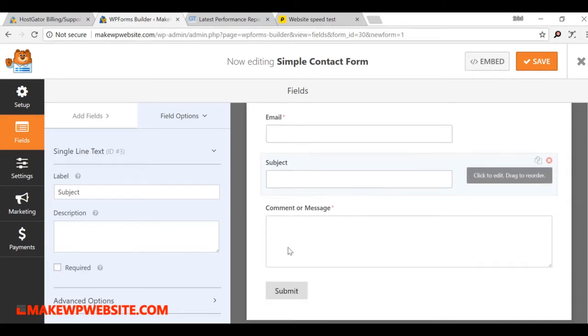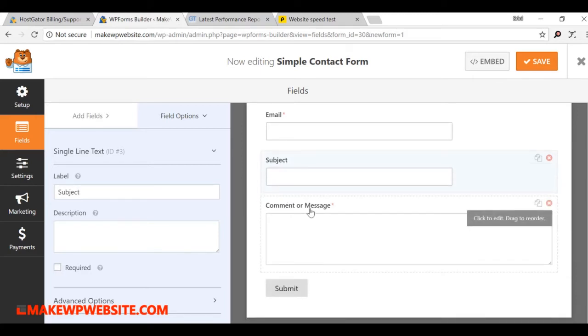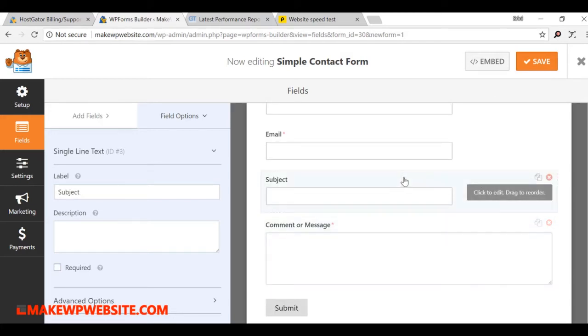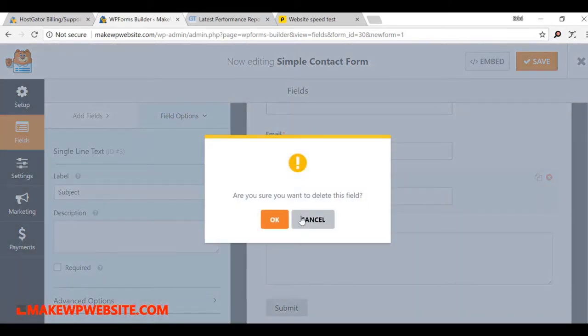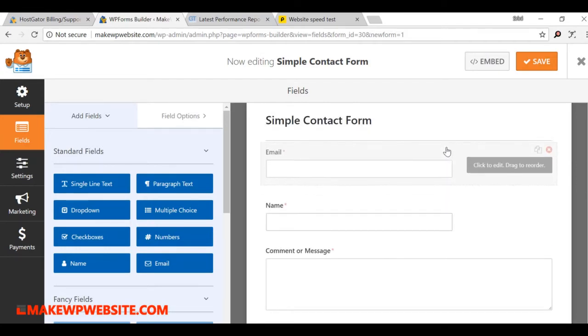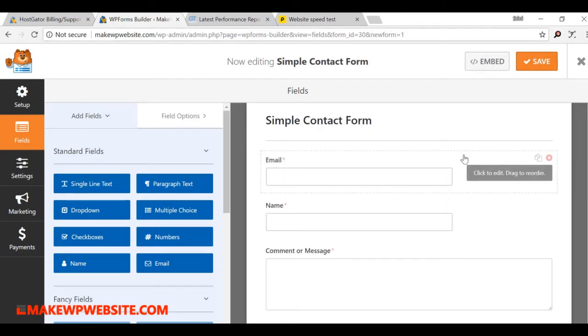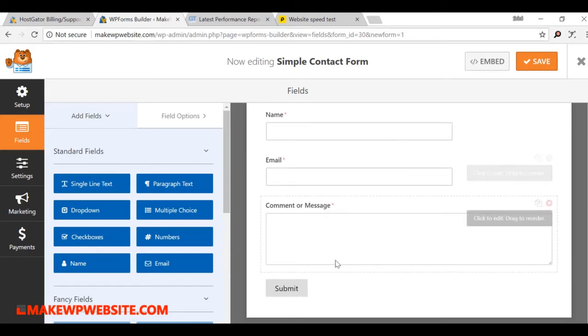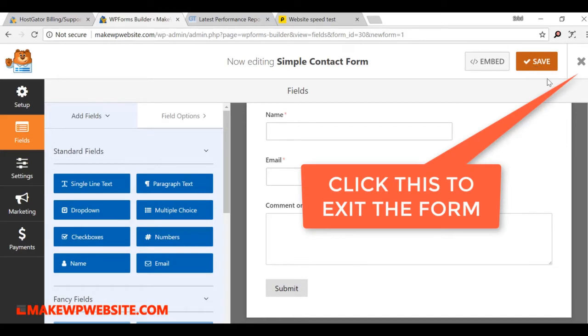They can leave it blank, and then they can comment. The comment has to be mandatory. Very simple. If you think you don't need subject, you can just click on this delete button and delete it. If you want to change the position, you can hold the field and drag and drop. It's very simple to play around with and simple to create forms. You can say submit, then you click on the save button to save the form.